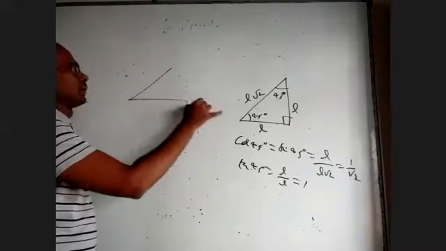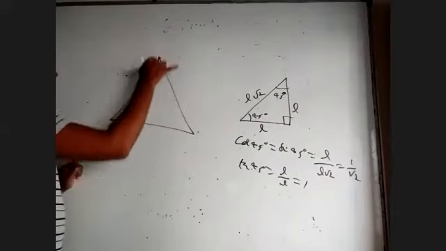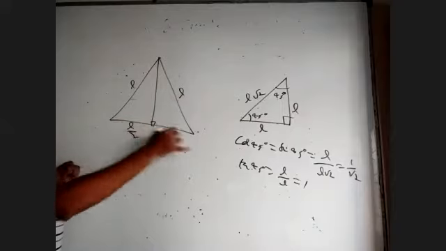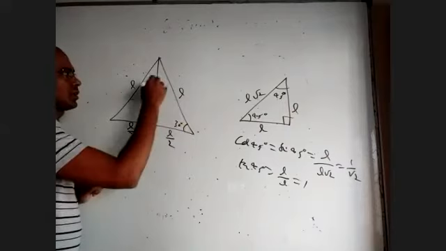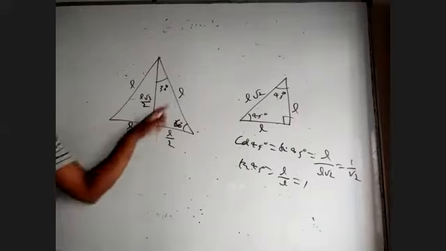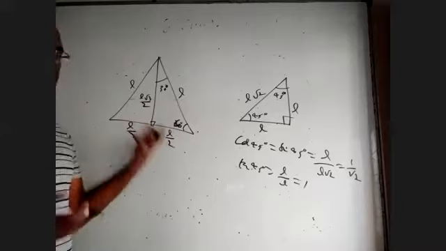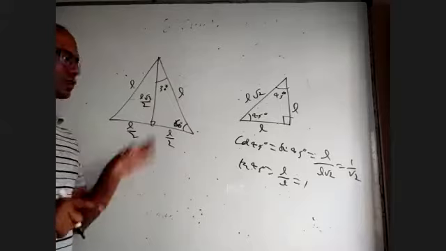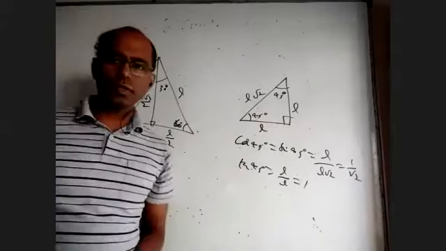And if you take the equilateral triangle, this is L, this is L, this is L by 2, this is L by 2. With the Pythagoras theorem, this will be L root 3 by 2. You take this is 60 and this is 30. You take sine 30, this by this will come 1 by 2. Cos 30, this by this is root 3 by 2. Similarly, sine 60 and cos 60. So in this triangle, you take sine 30, cos 30, sine 60, cos 60. You'll get those values, and even tan 30, tan 60. From the other triangle, you'll get sine 45, cos 45, tan 45.